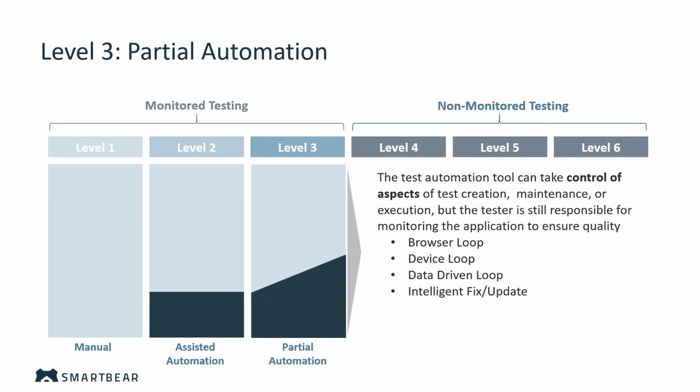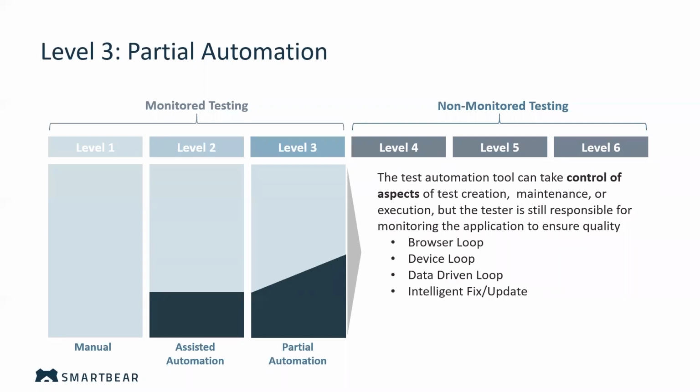So this would be your test automation tool automatically recognizing that here's a suggested fix. So your test has failed and there's a reason why. Maybe the object property wasn't unique enough, or maybe, I don't know, a window got in the way. We actually have some intelligent fixes and updates suggested for you in our own test automation tool, and I believe other companies are starting to do this as well.